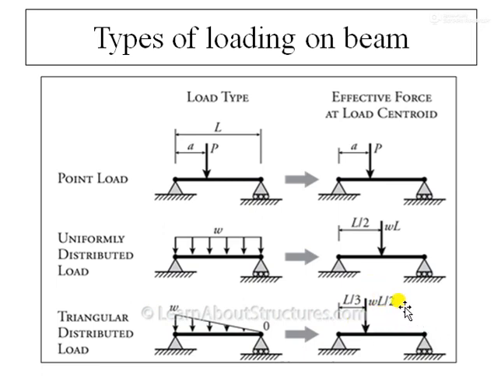Now what will be the magnitude of the load? It will be half into base, that is the length of the beam, L, into intensity, that is W. So that will be half into W into L, which makes the value WL by 2. As per the discussion, for our practical today we are going to deal only with the point load, that is the first category. So let us move towards the practical.